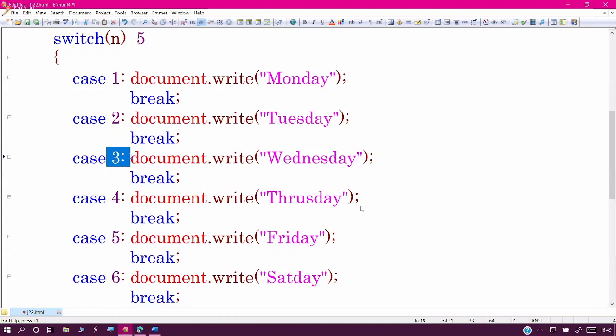Now, if and switch, what is the difference? Switch never goes checking like that. Then only your performance is going to improve. It directly jumps to the switch's fifth case. No step by step cross checkings. If you did the cross checking, sir, using switch is a waste. We came here for improving the performance. But the same condition, right,